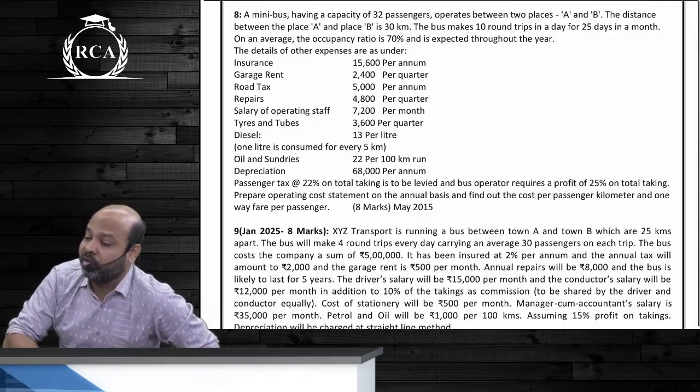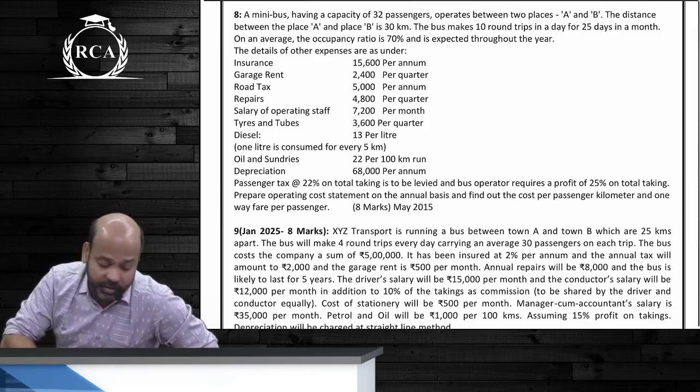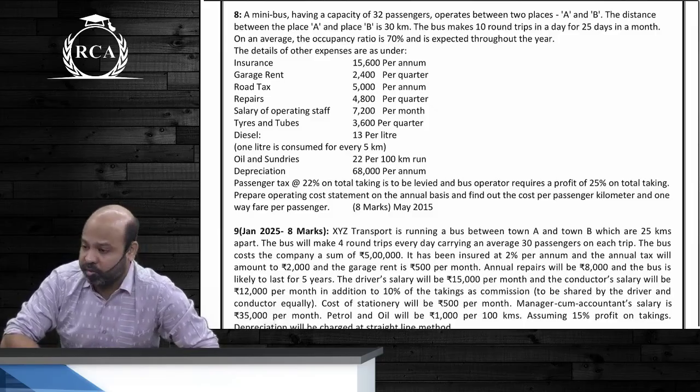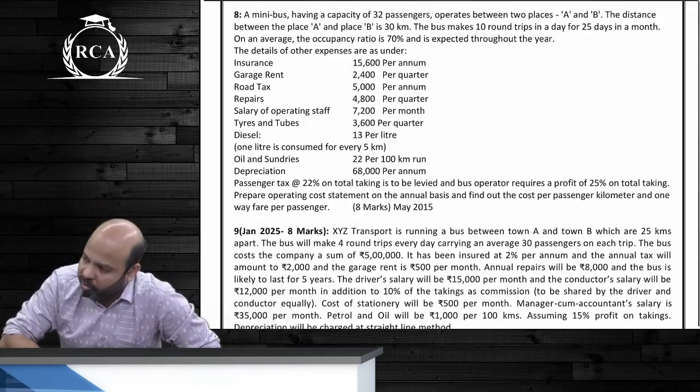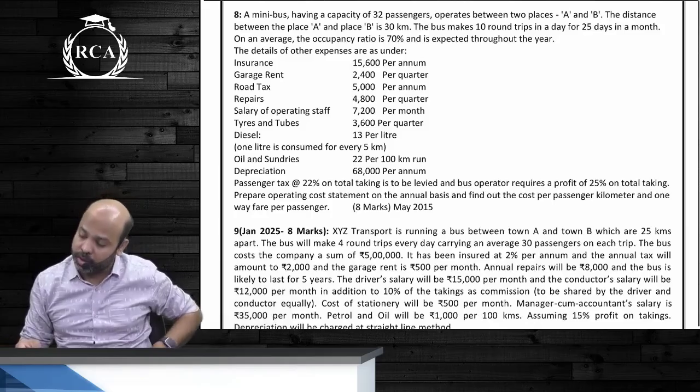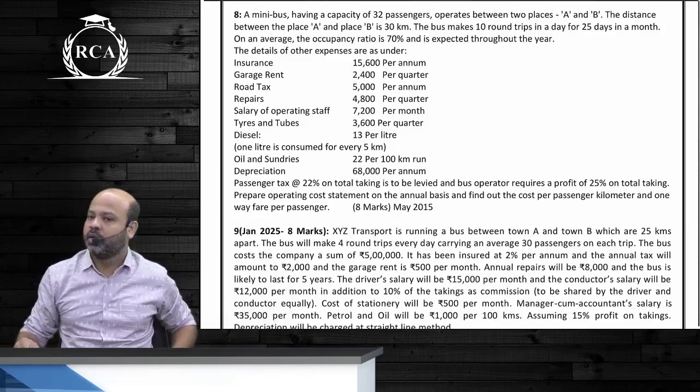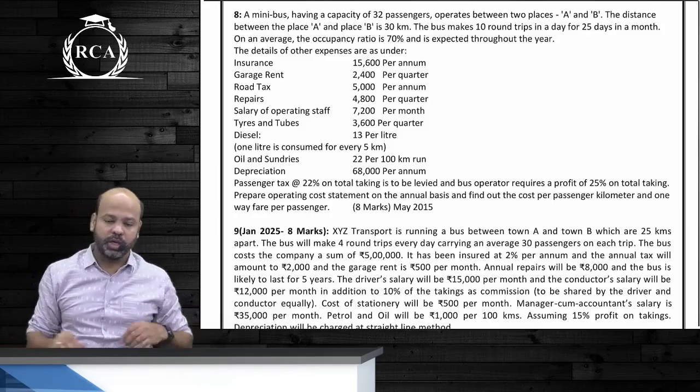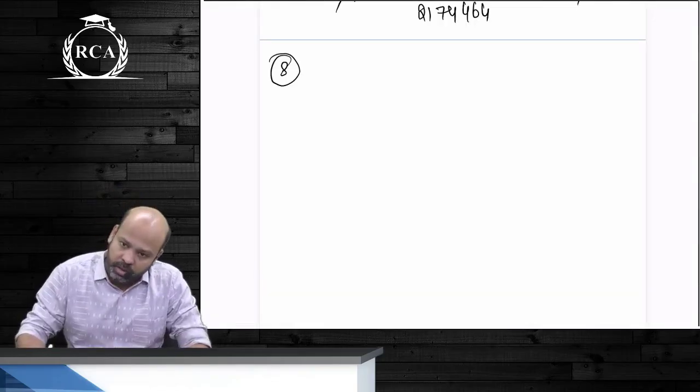That was given in the question, that's why. The question says present cost statement on an annual basis. That is the last requirement, so you'll have to compute distance covered in a year and also passenger kilometers in a year. All of you start, guys. Compute total distance covered in a year. Kilometer.